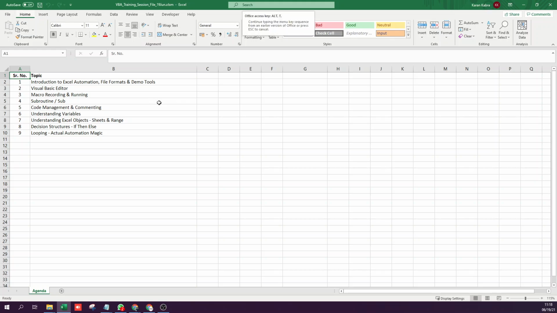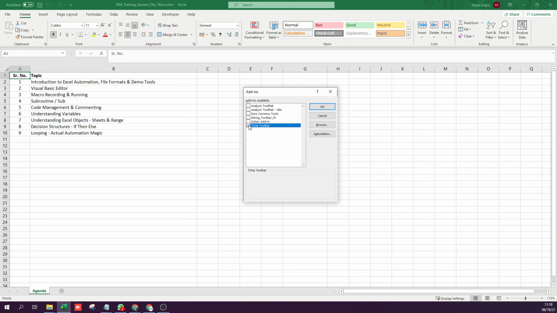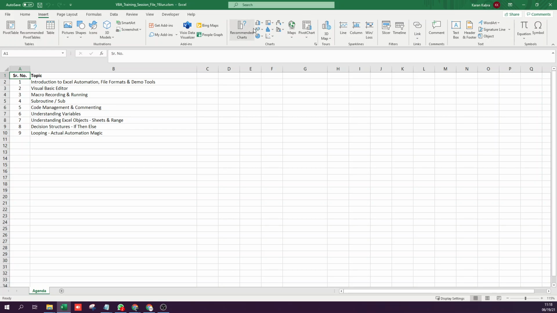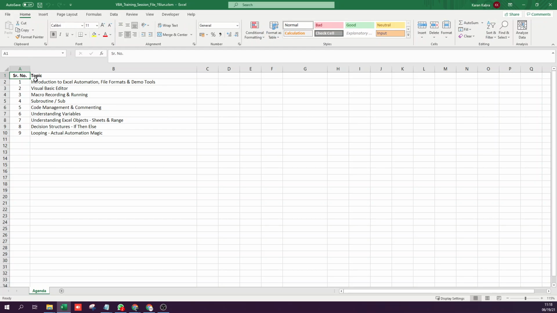Let me check if there is an add-in anywhere that I can show you. No, I don't think I have anything here, but an add-in can be shown in the form of another ribbon, another menu in the ribbon, and then in that you can have your functionality. The same way you can see these, you can create your own. Obviously, that's highly advanced, but you can find add-ins that have a full menu here that can be used.